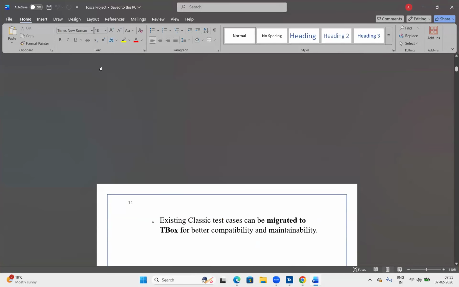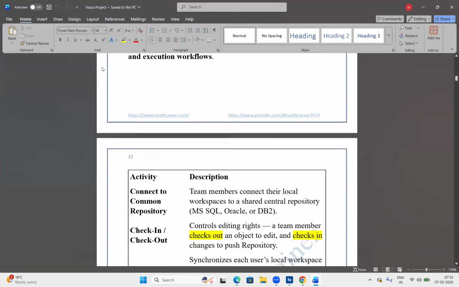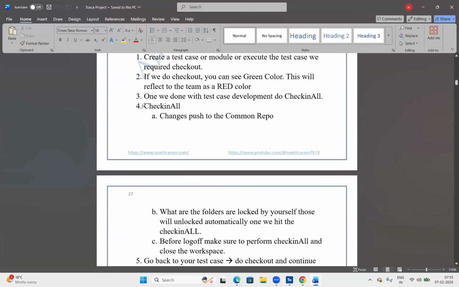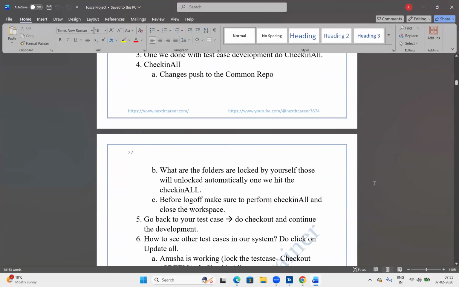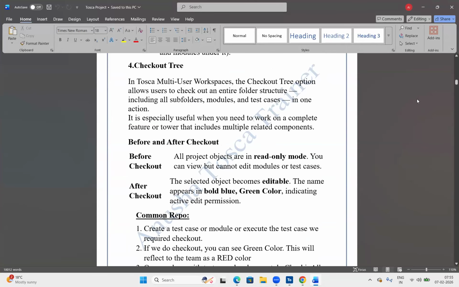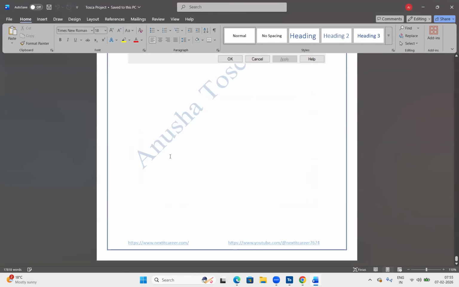What is the architecture? What exactly is it? If I compare the Tosca latest version with the earlier version, what happens? Everything I prepared. If you see this doc, you may have more than 200 pages here. So definitely you'll get this kind of documentation.